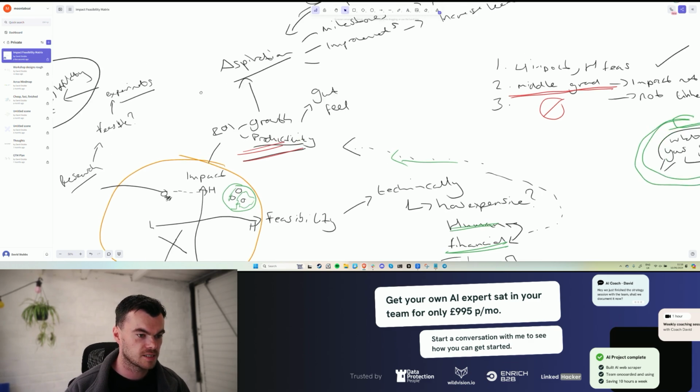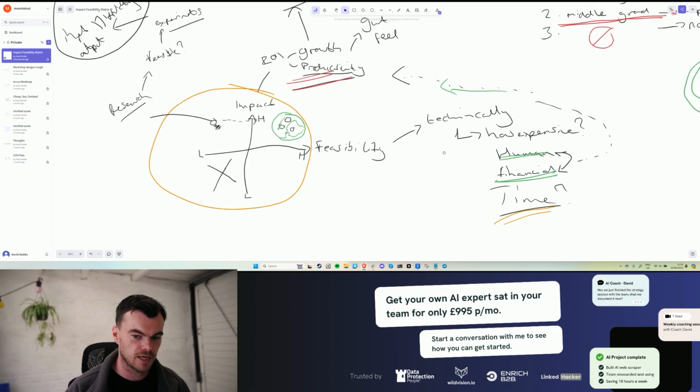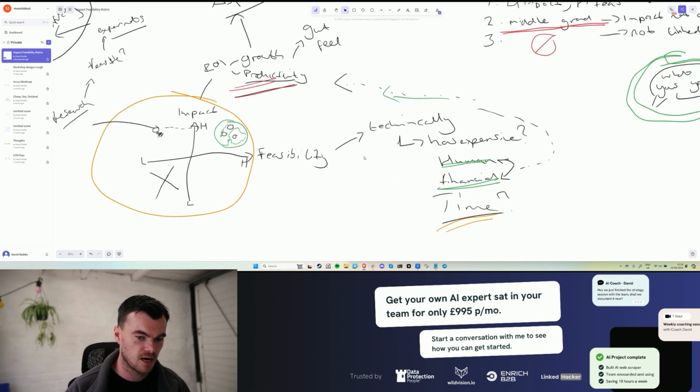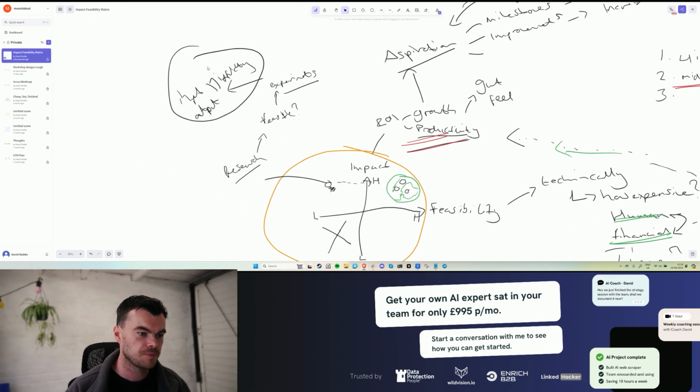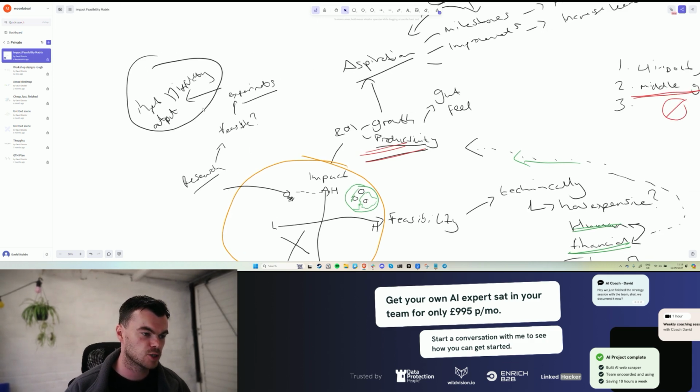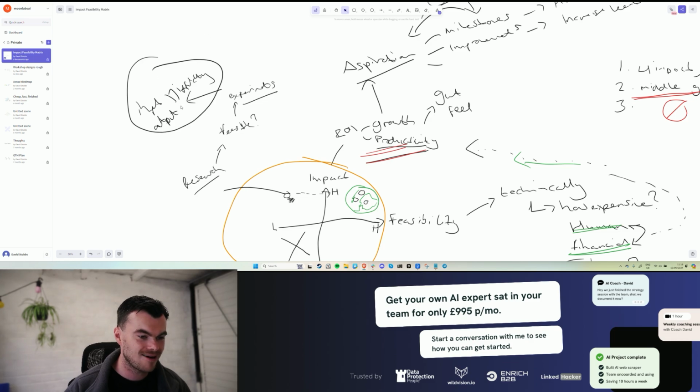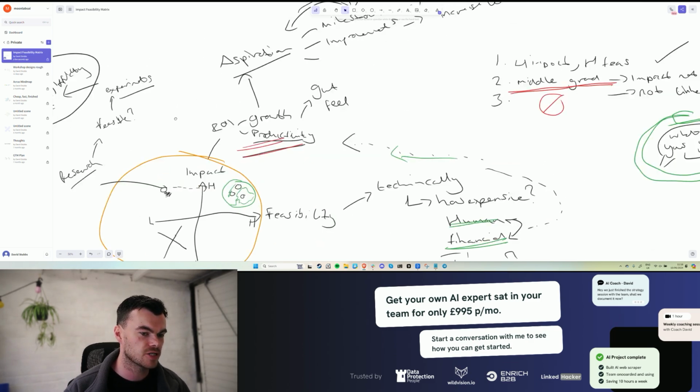We have these gorgeous AI projects. That's the feasibility piece. I don't think there's much more to go into about it. I think it's quite useful to think of things in human and financial and time. Technically, how expensive will it be? And if you don't know, go and research, go and do some experiments, input, output, and difficulty. That will generally build your feasibility image.